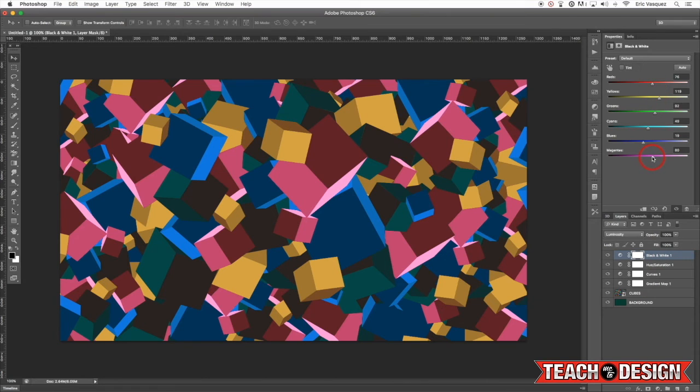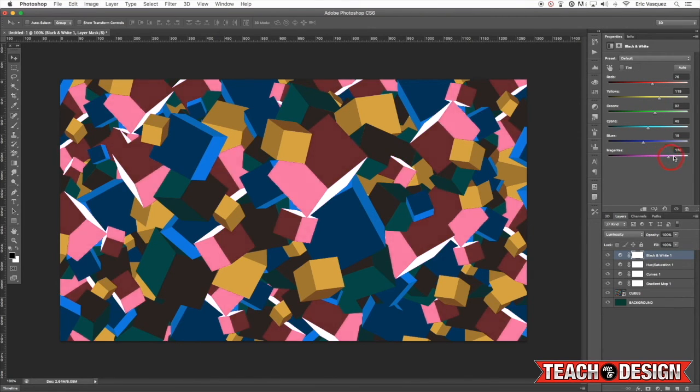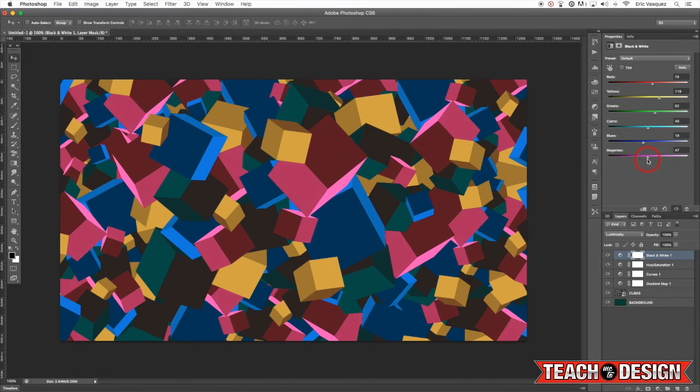Okay, and let's see the magentas. I want to make those pretty saturated. I don't want them to be too washed out like bubblegum or anything like that. I kind of like that intensity there because it adds some nice contrast to our design. So one last thing that I wanted to check out here is